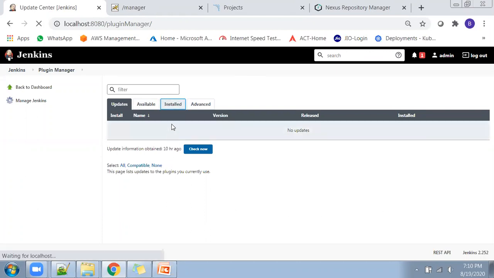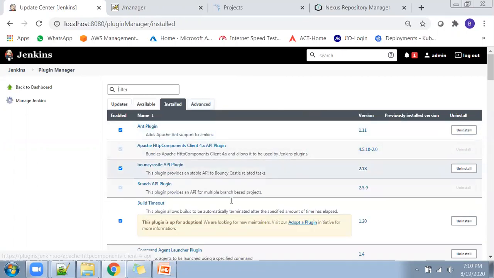But let me show you here. See, all the plugins don't have an issue and are not showing any red color warnings. If there are any plugins not installed properly or having any issues with the dependency plugins, they will throw errors, so that you can select the plugin and click install so that the plugin can be installed.